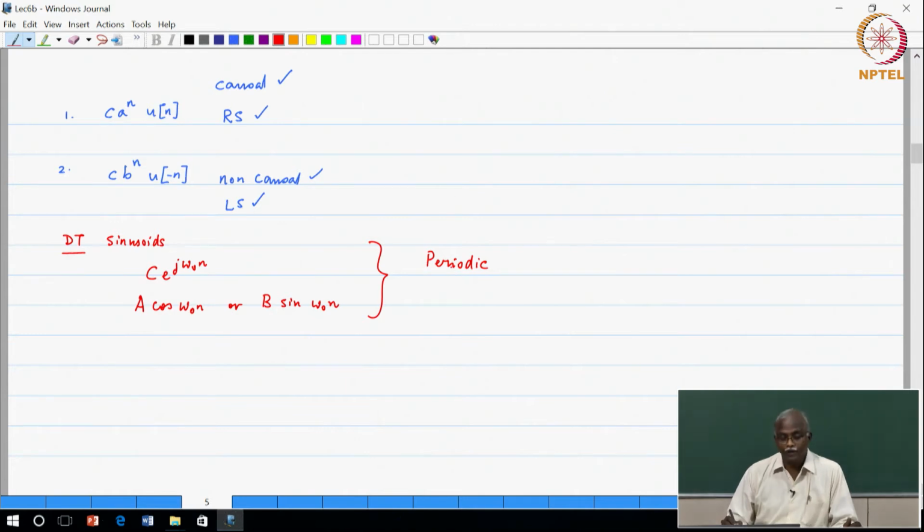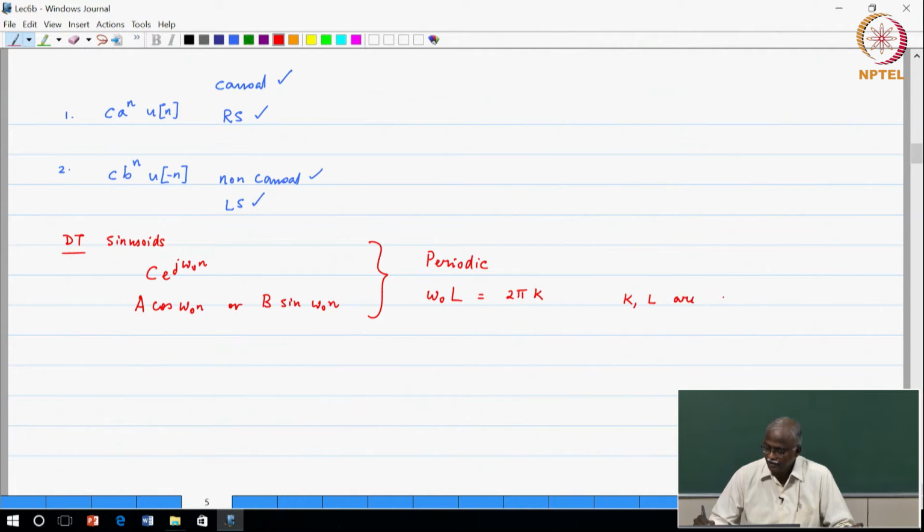So, the periodic property is valid or holds for a discrete time sinusoid if we can find an integer L such that omega naught L is equal to some integer multiple of 2 pi. So, basically k and L are integers. And very often this is stated as a condition which says discrete time sinusoids are periodic if omega naught